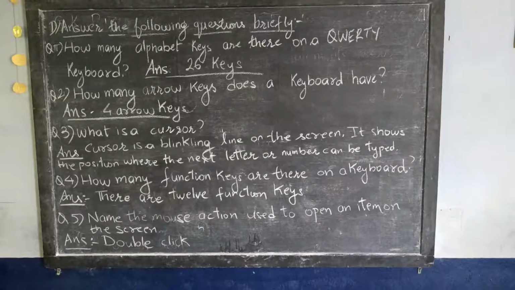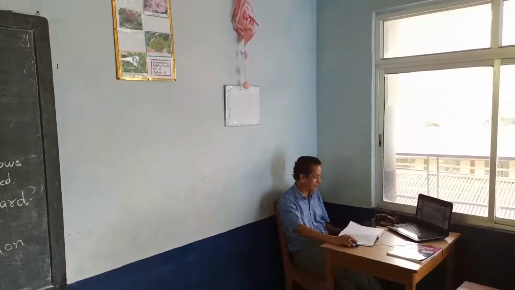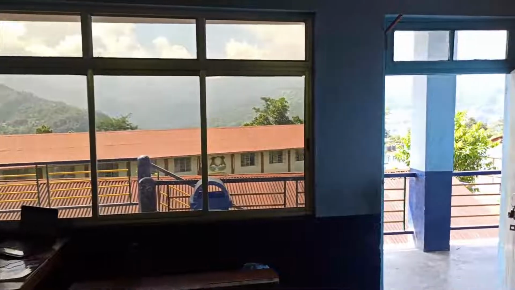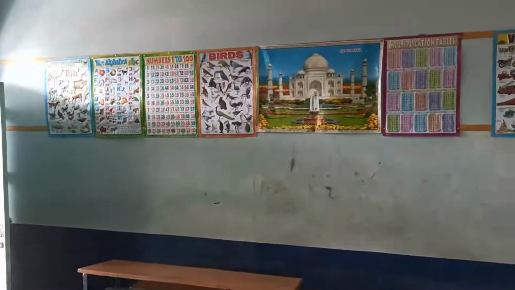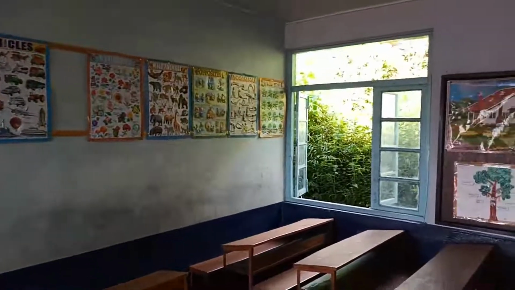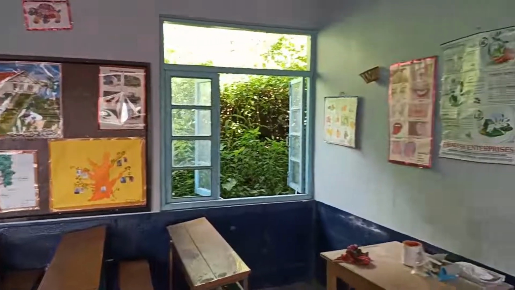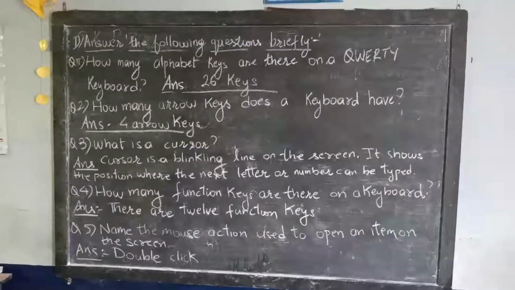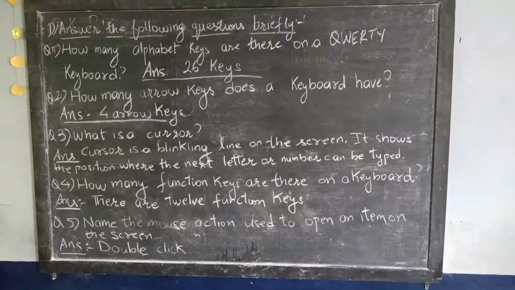Since you are missing a class, I'll show you a class here. Your class is here. Here you can see Sanjay sir busy with his assignments. You can see the school down there. You can see the charts on the walls also. Have a look at the classroom. You have not visited this since a long time. You can have a look how it looks right now. So you do your work in your copy or in your book.